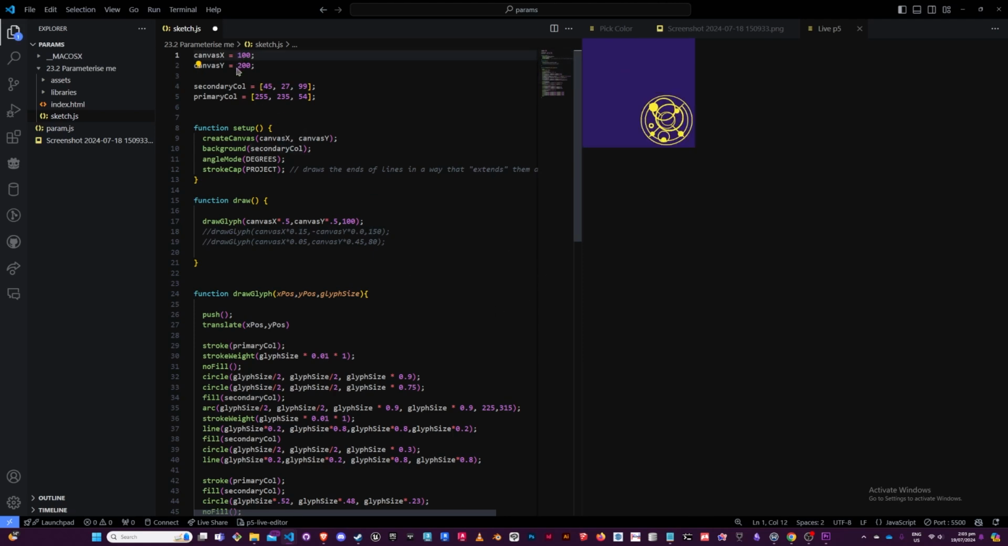Actually, is that okay? Oh, it's because the glyph size is, a good thing to do here would probably go canvas y times 0.5 if you're going to do something like that, and that would also scale everything. Yeah, okay. Just keeping everything relative, like these things can all be tied together if you like,